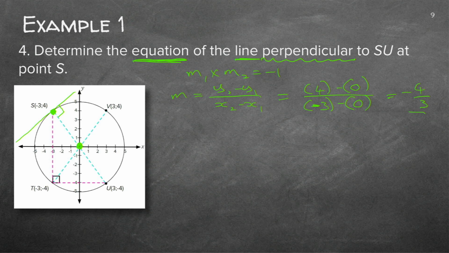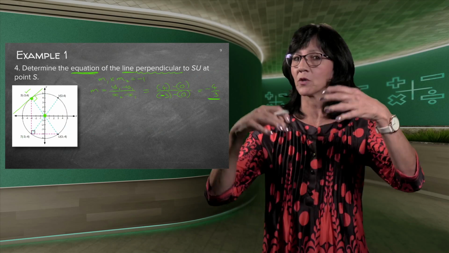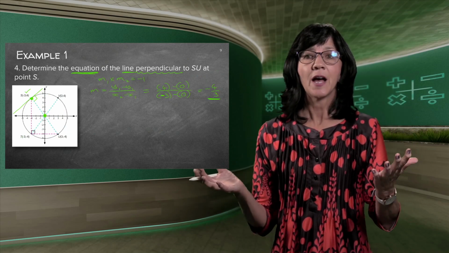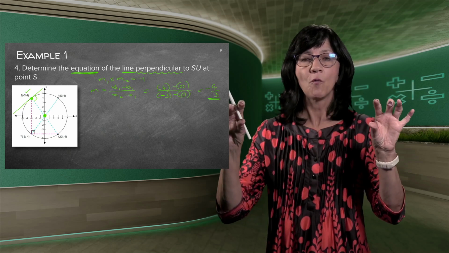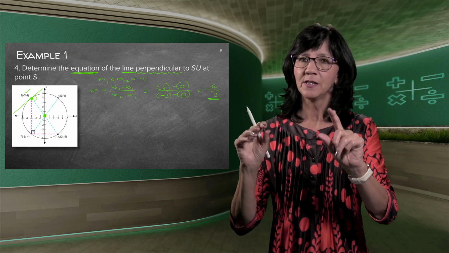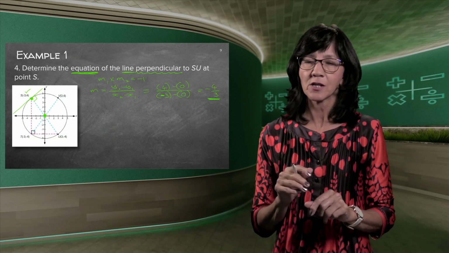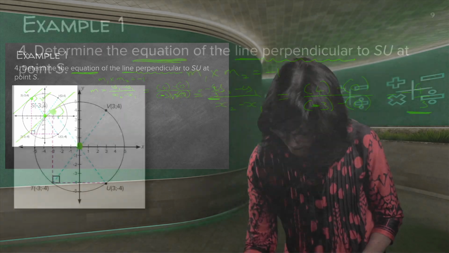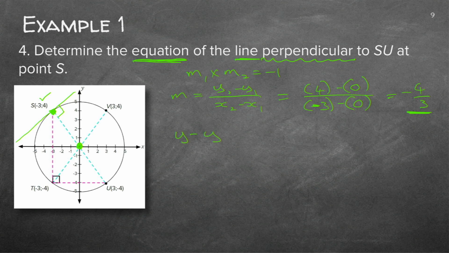So now I've got my gradient and I've got the point S. The minute I've got my gradient and a point, that was a previous lesson long ago, I know that I can use the easy formula, not the y is equal to mx plus c, although you can choose that one as well. It just takes a bit longer to do it. I prefer this one. Y minus y1 is equal to m times x minus x1. And if you can recall where this one is coming from, it actually comes from your gradient formula.